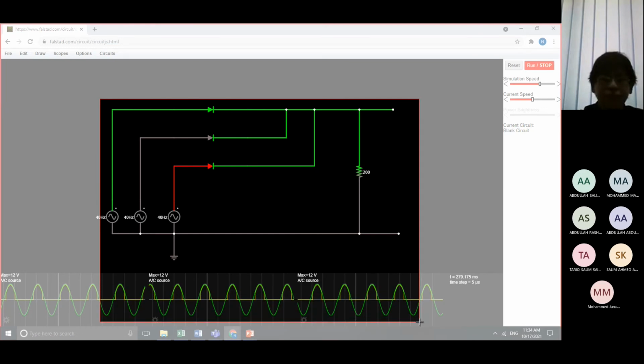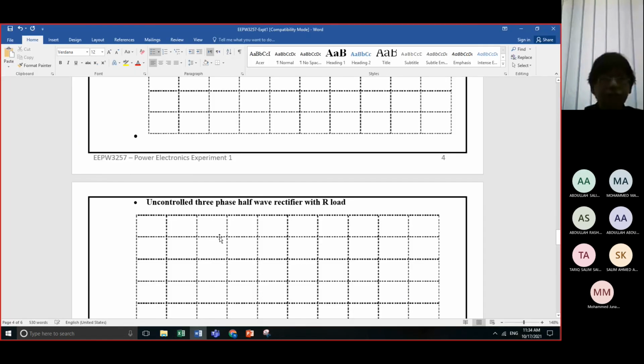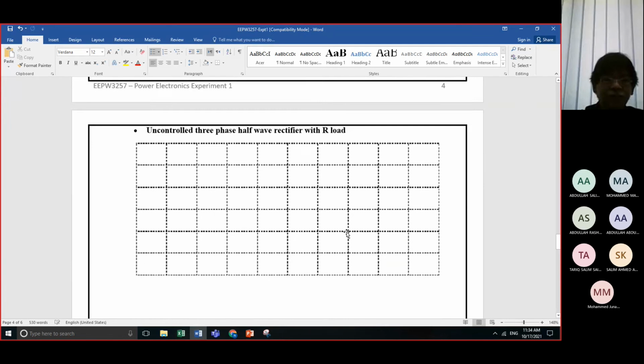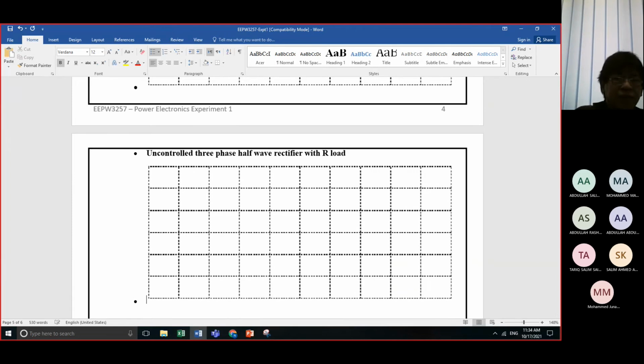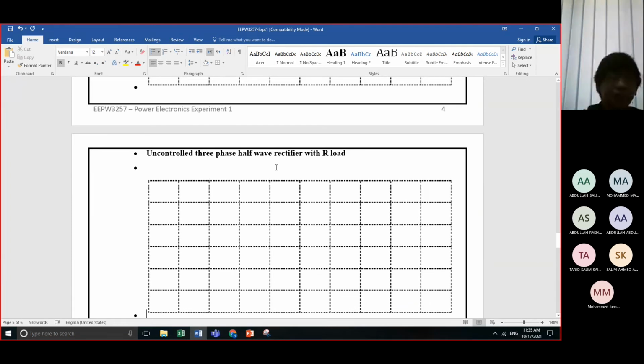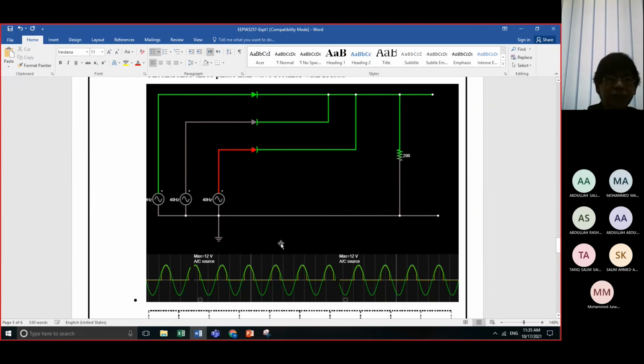Okay, very simple experiment. So this is now you will copy and then go back to control, this one. Okay, here. Then paste here. Paste. Okay, so this is my task number